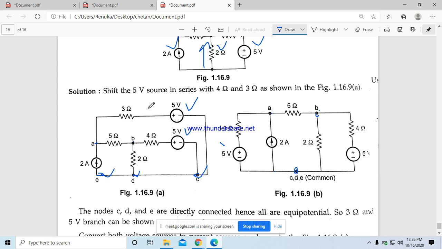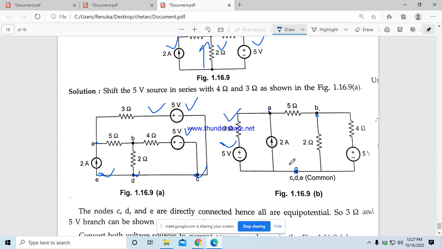This circuit is somewhat complicated to observe, so I will redraw it so that I can understand all these concepts in a simplified way. So 5 volt I will draw here, in series with the 3 ohm. I have drawn 5 volt in series with the 3 ohm. Next you have A as well as the E terminal. A and E means A is connected where? At one end of the 3 ohm. A will be there. Draw that. Next 2 amps.